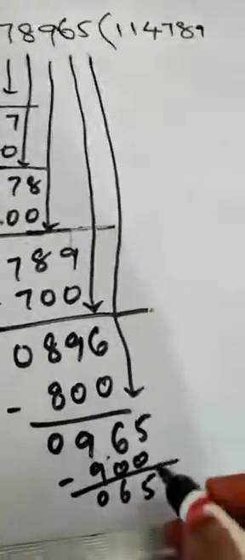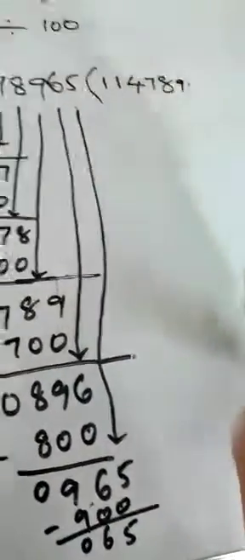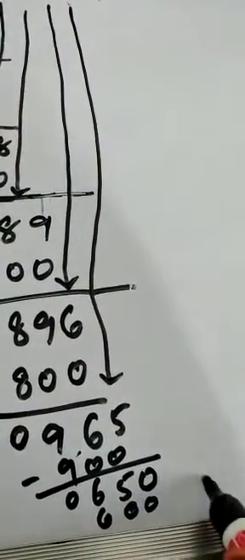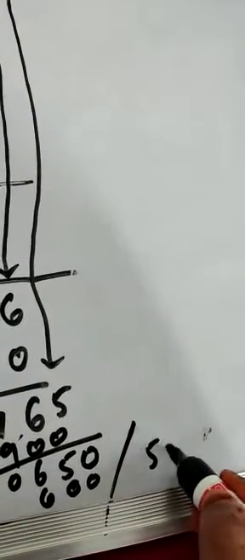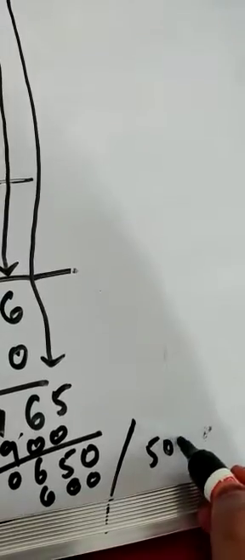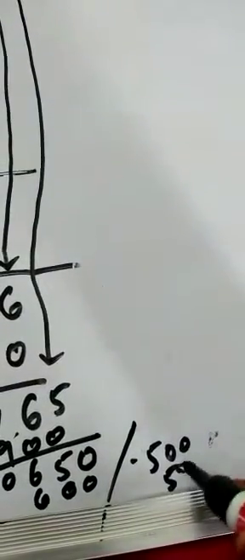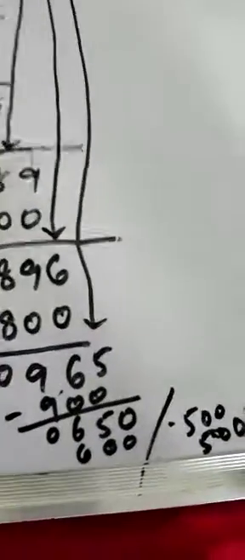If you want remainder as 0, you can continue with the point because no number is left, so you can take the point here and you can keep 0 here. Understood? So 100 sixes are 600. So what will be left? 5. We can take 0. So 100 fives are 500. The remainder will be 0 because here no place. Let me do it clearly.